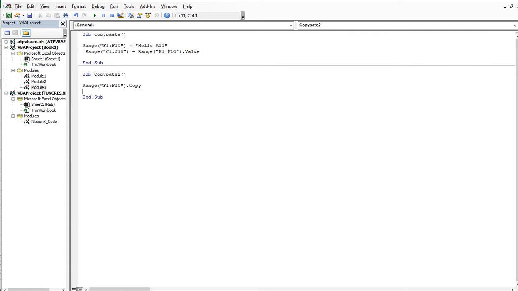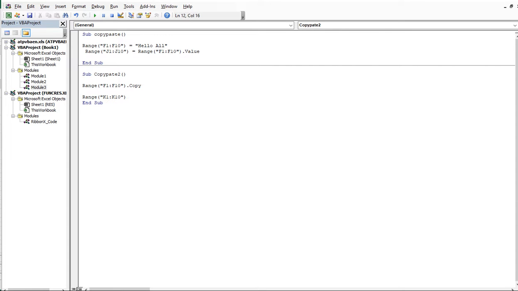Then where we have to paste, we have to paste to column K. Range, inverted comma open, from K1 to K10. You can give the range to any column. It might be K1 or K2, or from K10 you can paste the data. Here this is an example, I'm just showing from F1 to F10 to K1 to K10,